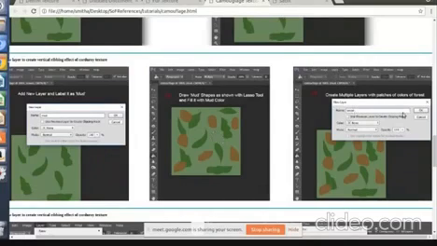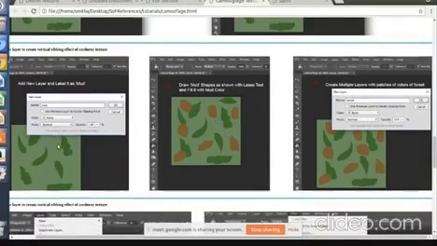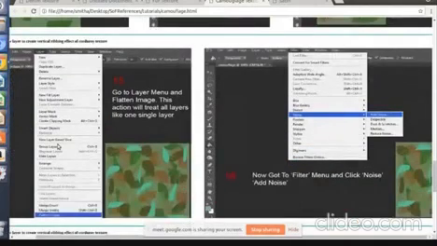Now you add a third layer. Go to layer menu, create a new layer and label that as wood, and click on OK. Select a wood color in the foreground color, use lasso tool and draw some patches, and fill it with this dark brown color.